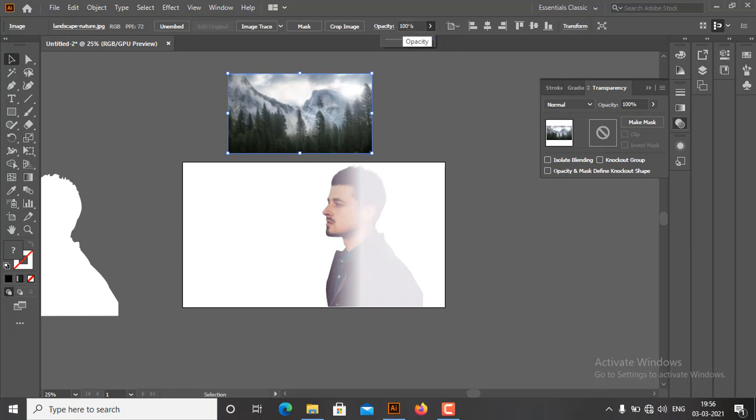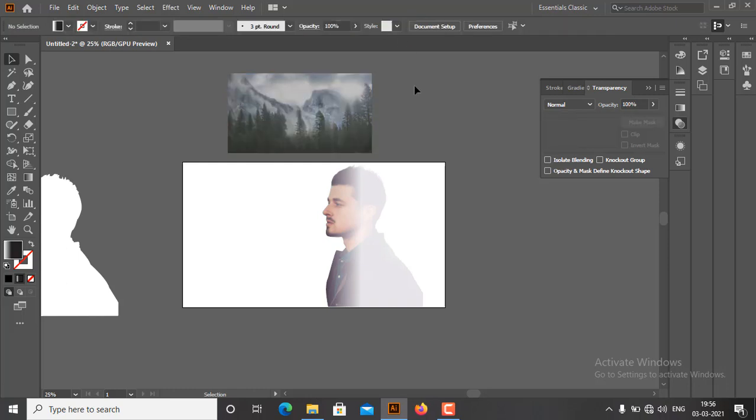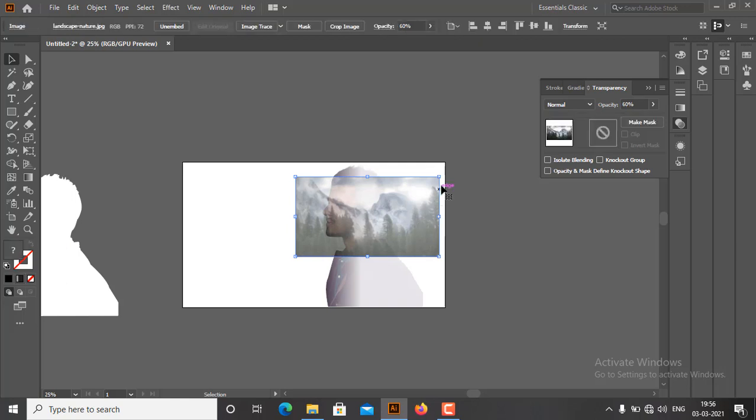Set the opacity of the image to 60% and then place it to the top of masked image.